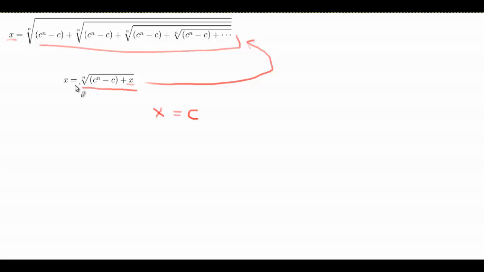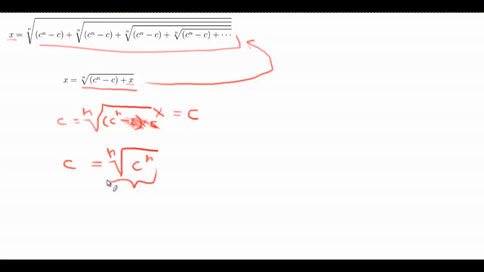And that's pretty easy to notice. So if we let x be equal to c, we get c is equal to the nth root of c to the n minus c plus c. Now, the plus and the minus cancel out here, and we get c is equal to the nth root of c to the n. And, well, we know that this here is just equal to c. So we get a true statement, and we can conclude that